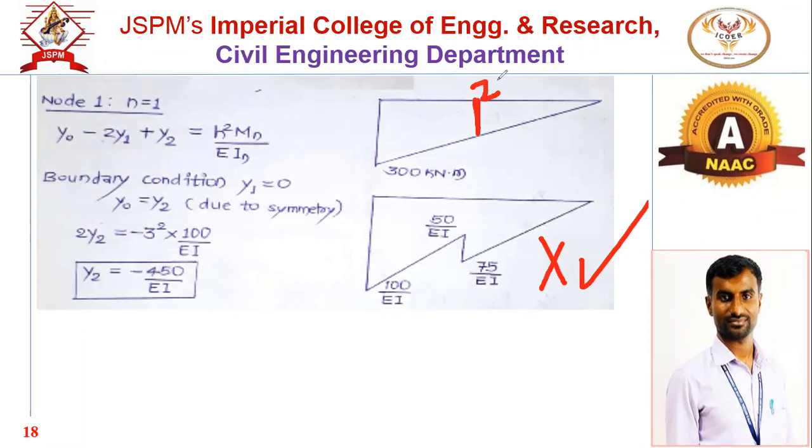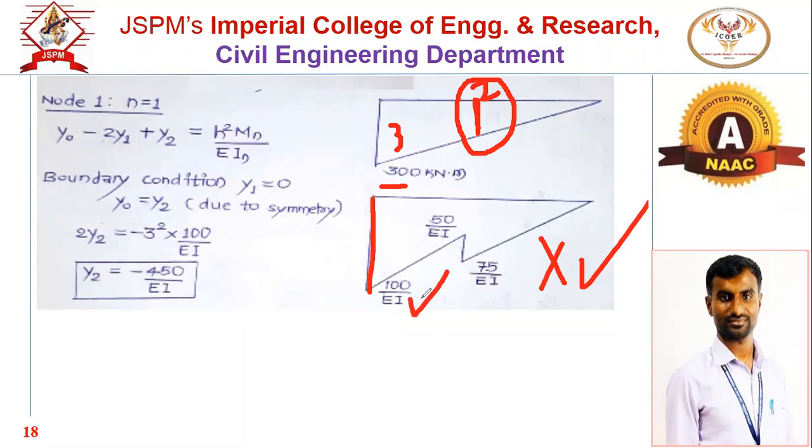When will this come? At a node where there is a change in cross section. There will be only one node; hardly will you get one or two nodes where there is a change in cross section. Bending moment divided by average of cross section. And at this next node, it will be bending moment divided by EI. So bending moment is 300 and EI will be here 3. So 300 divided by 3 EI, it will be 100 by EI.